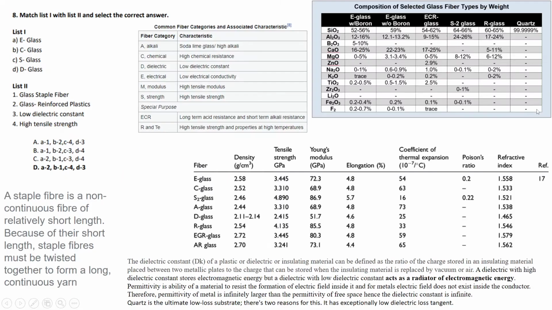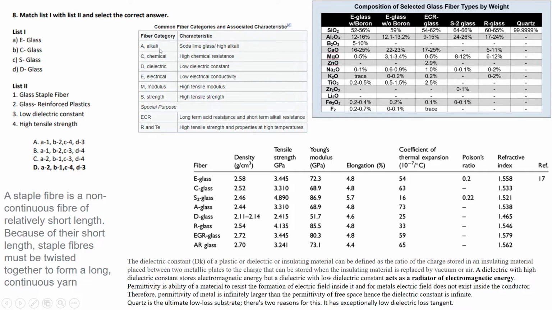Thus, this is also done. Then we have the eighth question, in which they are given different classes of glass fibers, and this is the list, which is the application or the properties of these particular glass fibers. Now we need to match what were the properties corresponding to each of these glass fibers. So these are characterized and even named based on their properties itself.